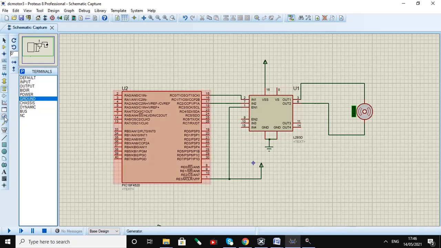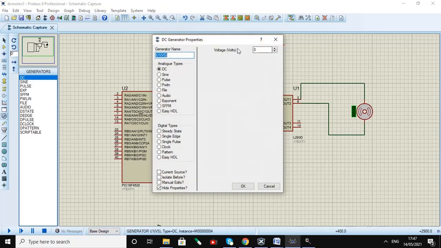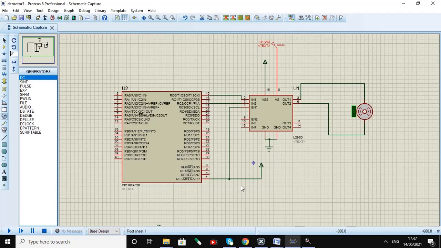Here we will go to the generator mode and use the DC supply. Here we are connecting the DC supply, and give the value as 12 volt. So our connections are done.